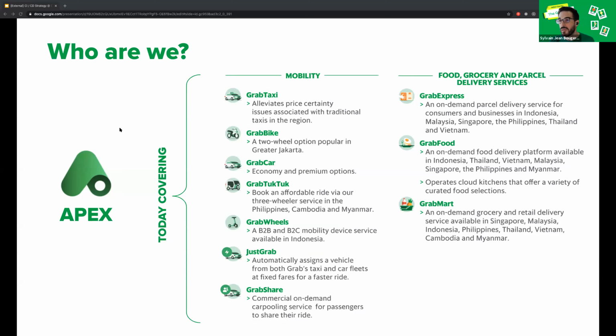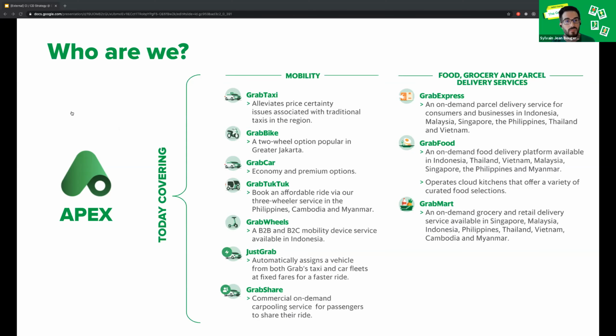And what we're going to talk about today is how we supported this early transition from that transportation business to all of the businesses that are shown on this slide here. We're not going to talk about additional teams today, and so that defines what we refer to as Grab.